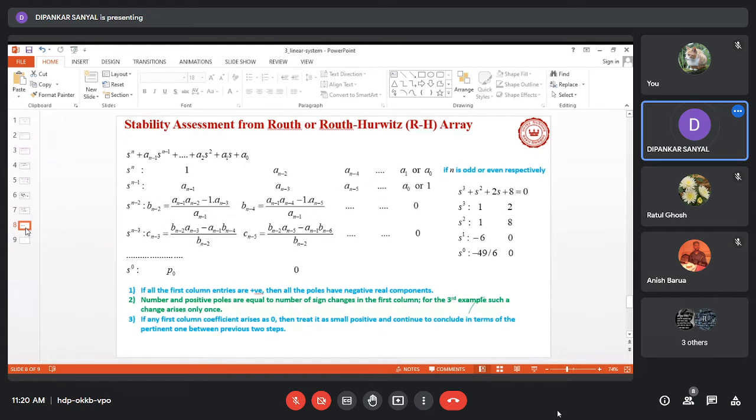So for that stability assessment, we formulate what we call a Routh array or Routh-Hurwitz array, and the array formation etc. is shown here that I am going to explain. So where we start with the